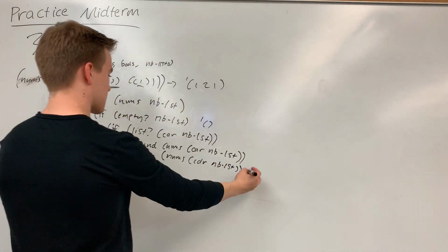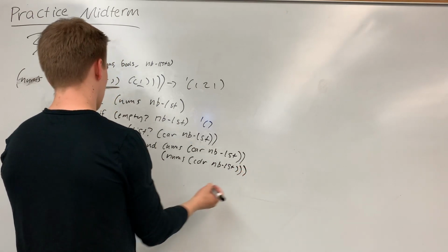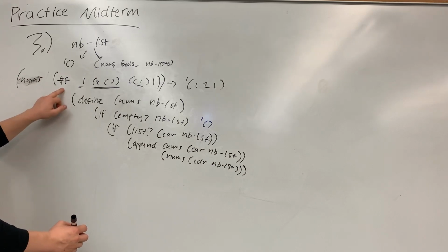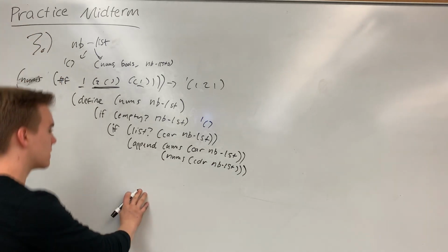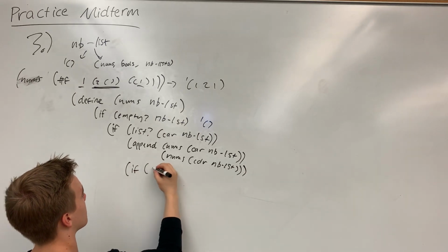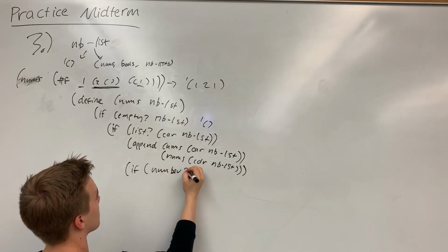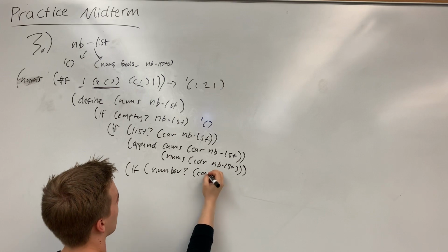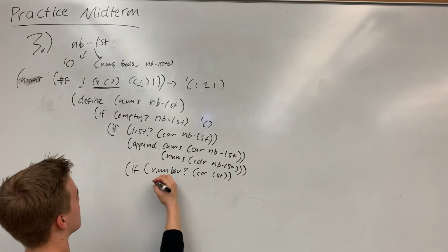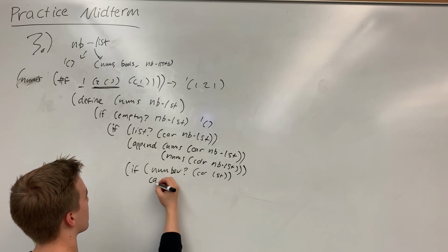Okay, so here I'm closing this, I don't want to close my append. I don't want to close my if yet because I need the condition for if it's not a list. If it's not a list, I'm going to say if number car LST, if number car LST, append,